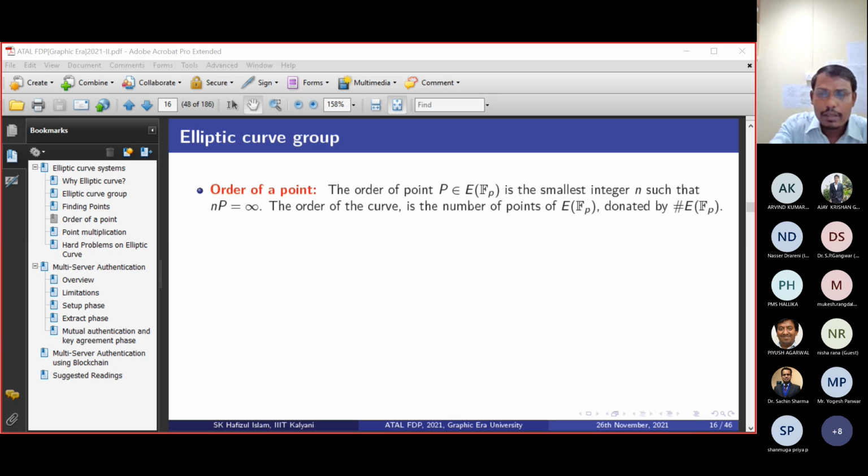Okay. Now if I take the multiplicative group Z5 star, here the elements are 1, 2, 3, 4. The order of an element, suppose 4, is equal to n, where n is the least positive integer such that if you multiply 4 into 4 into 4, n times, it will be congruent to the multiplicative identity element, and here the operation is mod 5. This least positive integer is what we denote as the order of the element.